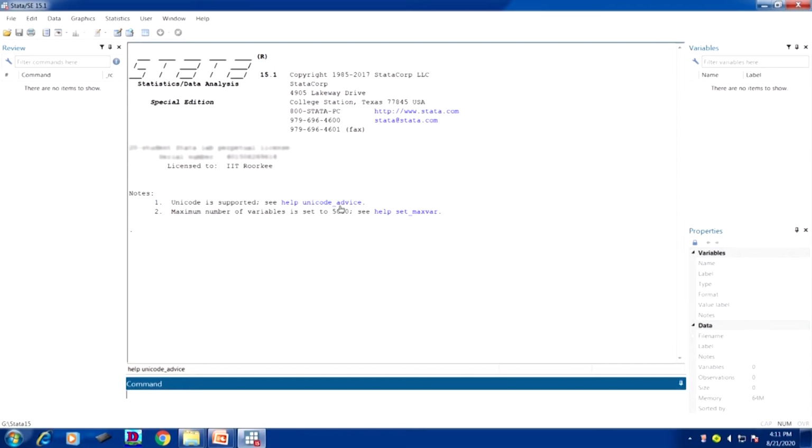So, this is our Stata window, the Stata software. Let me open the data and guide you on how to label the variable.